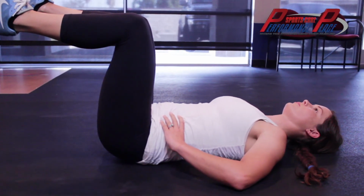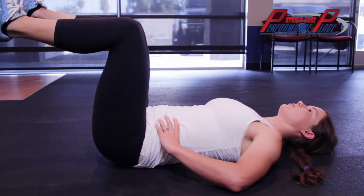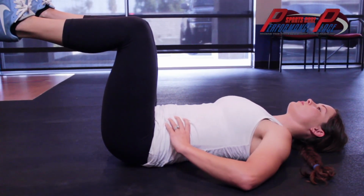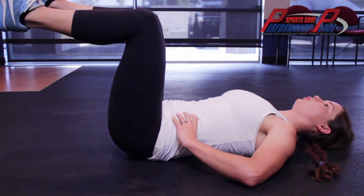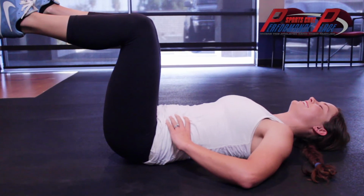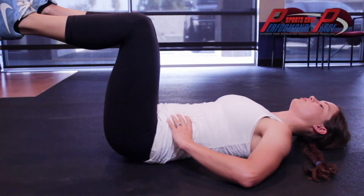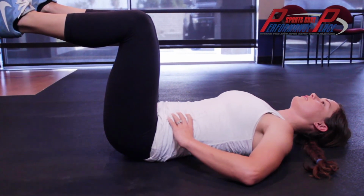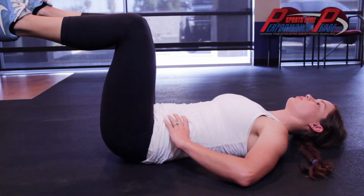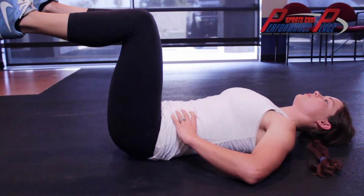Now I want you to breathe in the nose and out the mouth, and I really want you to act like you're trying to press your hands away from your sides with your abdominal wall when you breathe in. In the nose, out the mouth, in the nose. So now we can see she's really actually emphasizing chest breathing. So I want you to keep pressure onto those hands right there, in through the belly, make the belly really big,